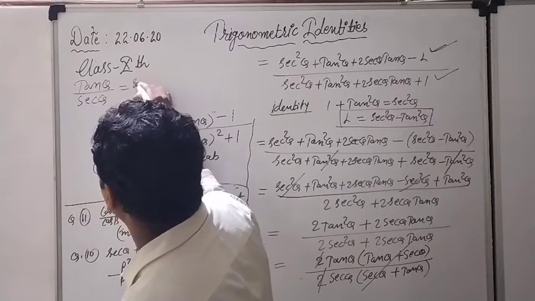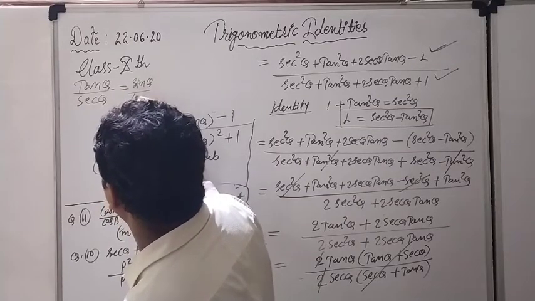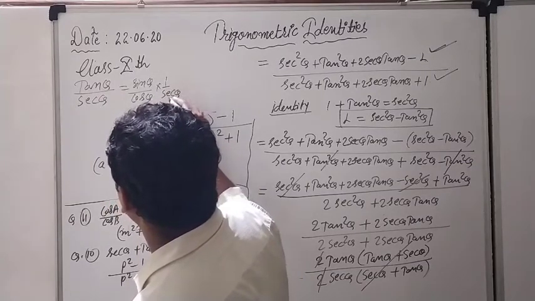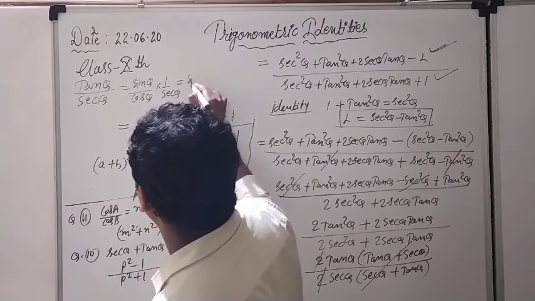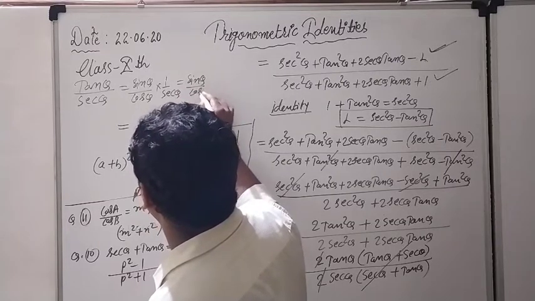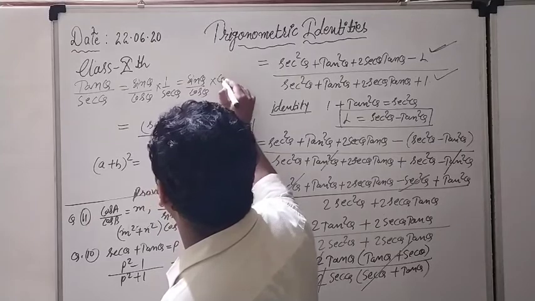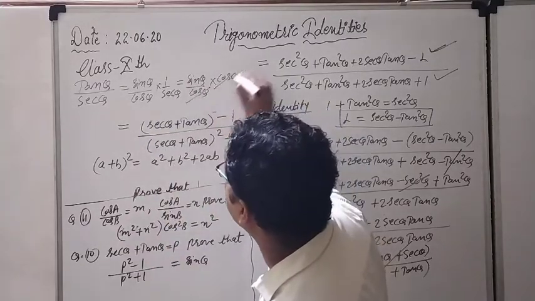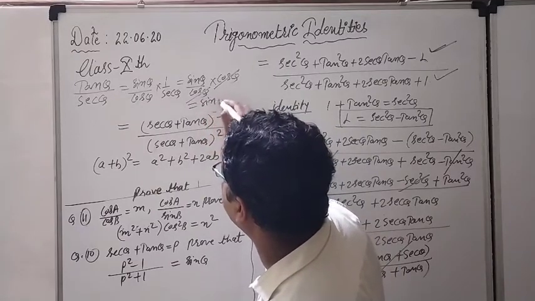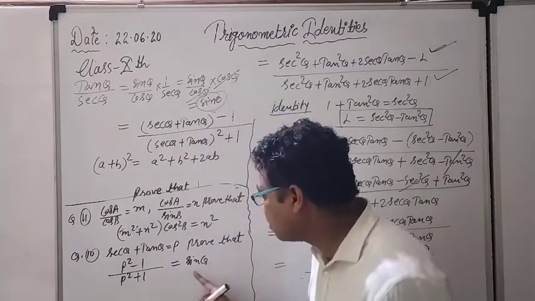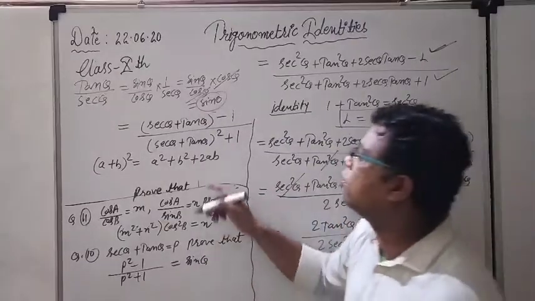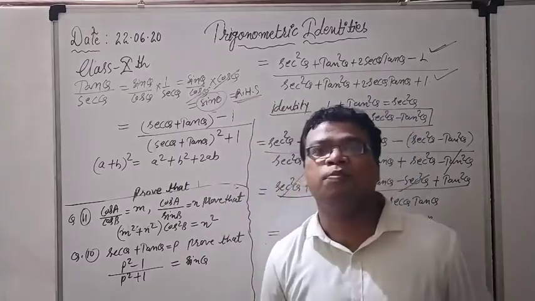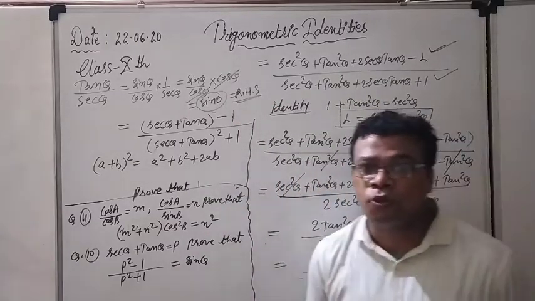Tan theta could be written as sin theta upon cos theta. I don't think any problem will be there. And 1 upon sec theta. Next, you can write down sin theta upon cos theta, and this 1 upon sec theta will give you cos theta, because this is the reciprocal of cos. And after that cos theta and cos theta are going to be cancelled and you will finally get sin theta, and that sin theta was our requirement, you can see. So right now you can write down the right hand side, and from the right hand side it is equal to, so hence proved. So this was the solution of the question.